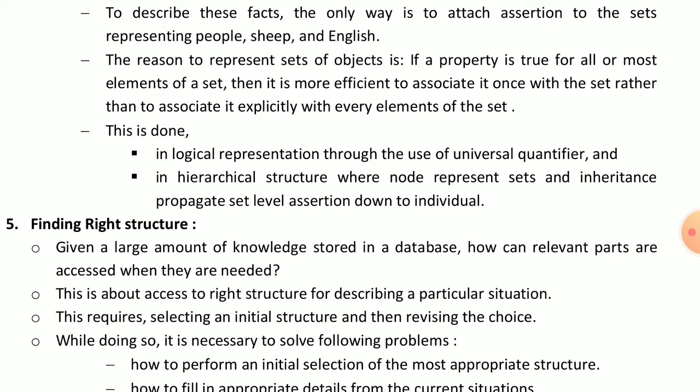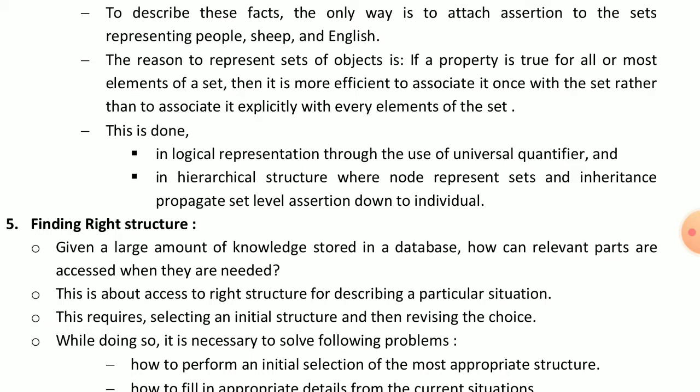The reason to represent a set of objects is, if a property is true for all or most elements of a set, we can make the property of the different elements of the set, and then take those elements as one set of objects.